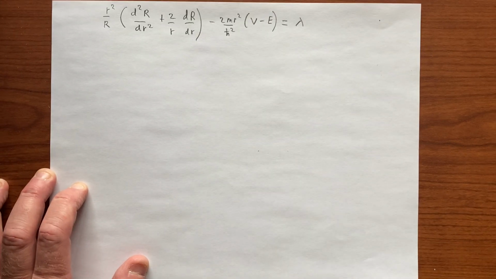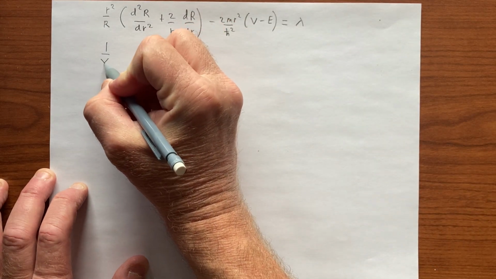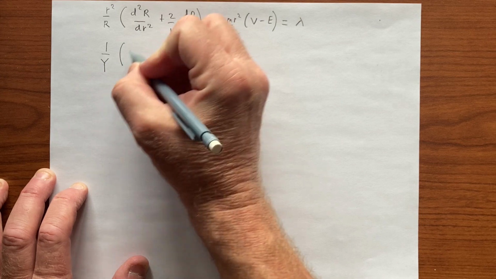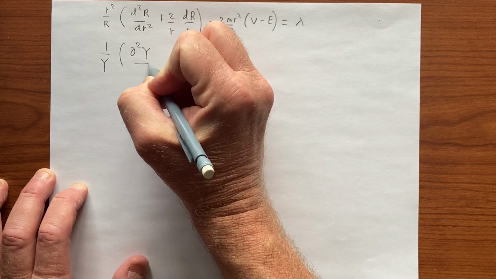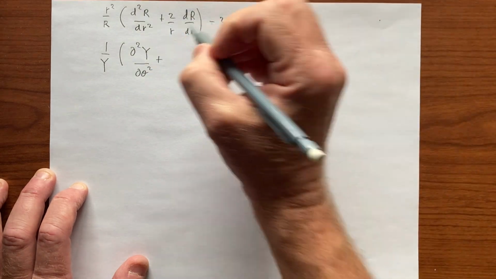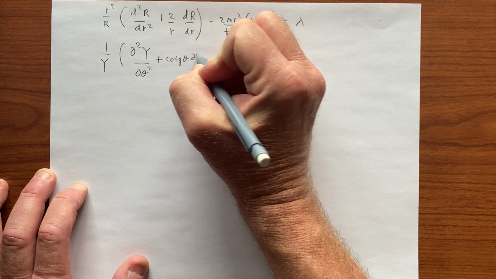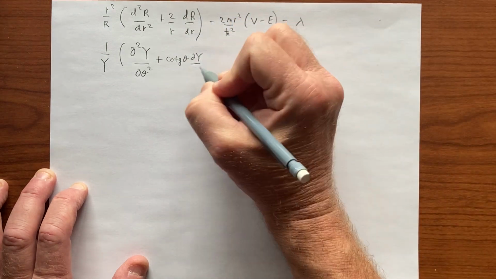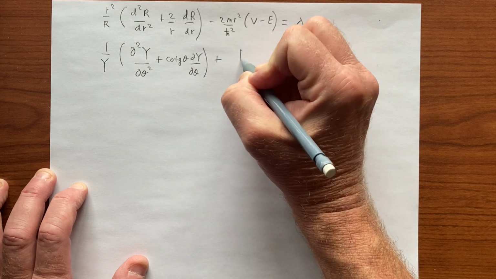And therefore, the angular part, which we wrote in terms of a function Y, must be negative lambda. So this whole thing